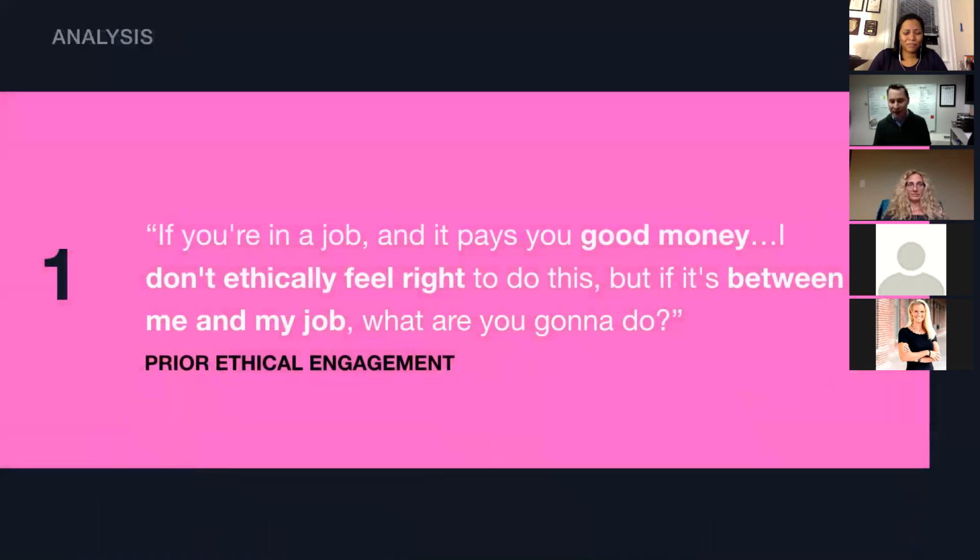So if we look at some of the outcomes of our analysis, there are three high-level points that I want to get across from this study and the way that I presented it. The first one is that sometimes they were thinking about ethical engagement in other environments, and that they were engaging in the ethical trade-offs. So not only were they aware, they were thinking about the trade-offs, and then they were discarding the option which required them to make a sacrifice in this case.